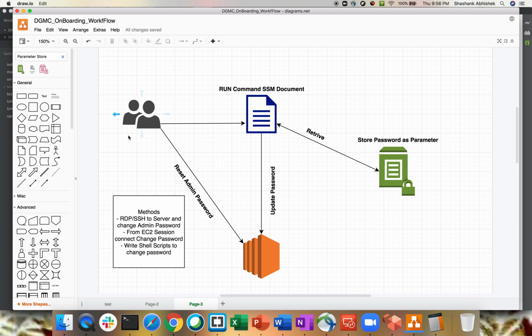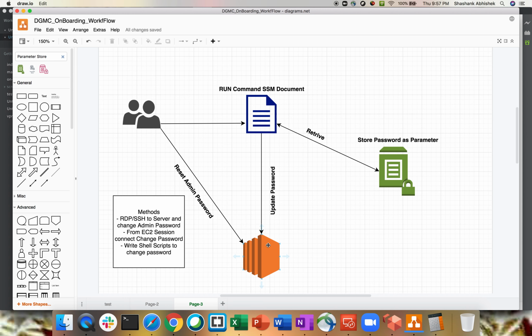In this way, the user will kick off the run command. In Run Command, we have to make some configuration to use my SSM parameter store. So Run Command will read the parameter store and retrieve the password. And once it has the password, the PowerShell script module of Run Command is going to update the passwords for all the 1,000 instances which are tagged with platform Windows or Linux. This is the diagrammatic view of how we'll achieve this example.